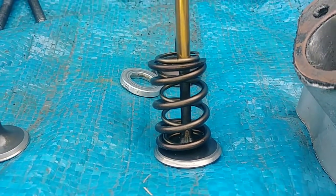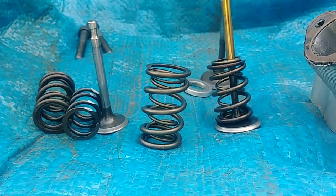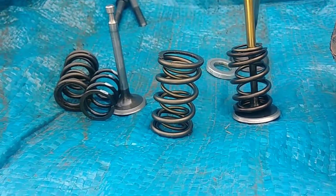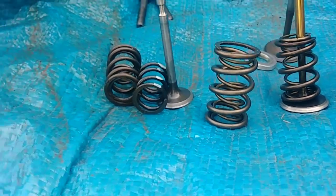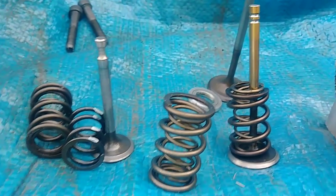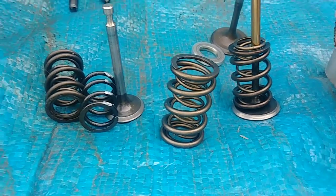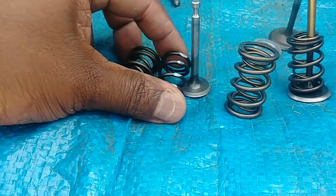This one here is about a 1 1/8 inch install height. And this one here is a 1 1/4 inch install height, right? You notice the bigger springs have a bigger, or taller, install height. They run up for bigger cams. You can't just put a 400 lift cam with 1.3 roller rockers and run this spring, or even this